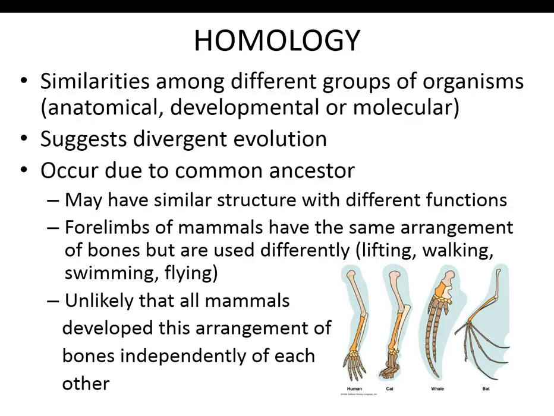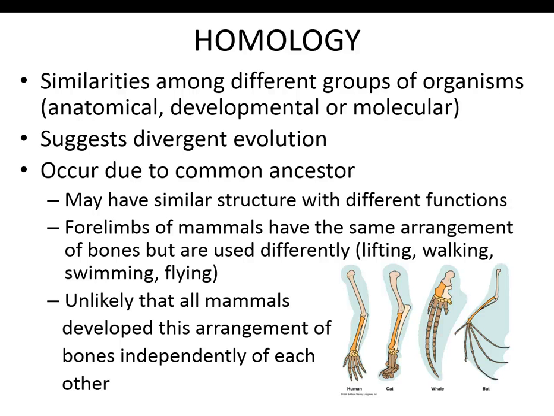Okay, our second type of evidence for evolution is called homology. And remember, we've said that the prefix homo means same. So this is going to be things that are the same between different species, or at least similar. There are three different types of homology that we're going to address. We're going to look at structural or anatomical homology. Anatomical refers to anatomy, which is the different structures. We're going to look at developmental homology, so stages of development, and then molecular homology, which refers to molecules like